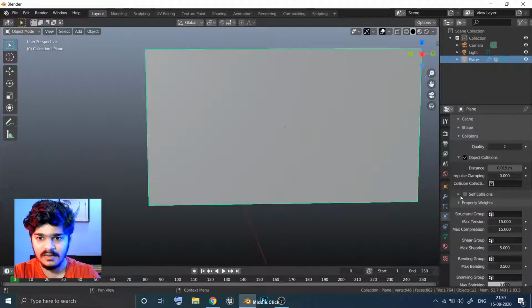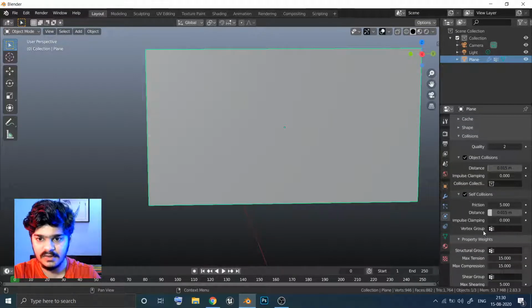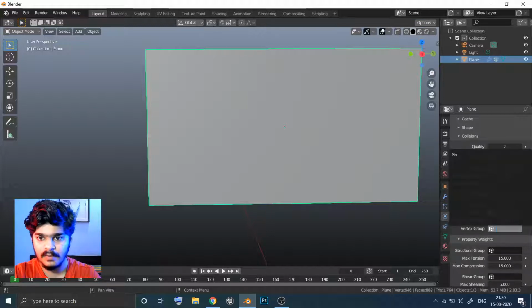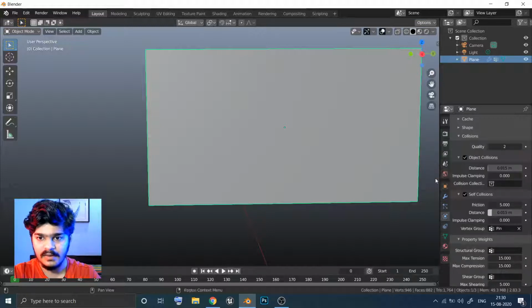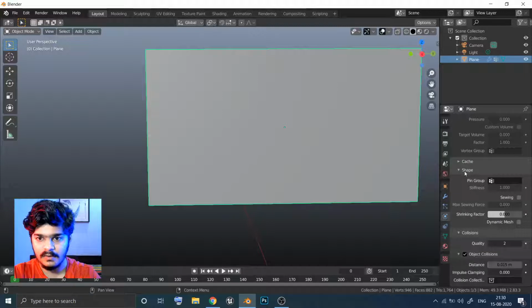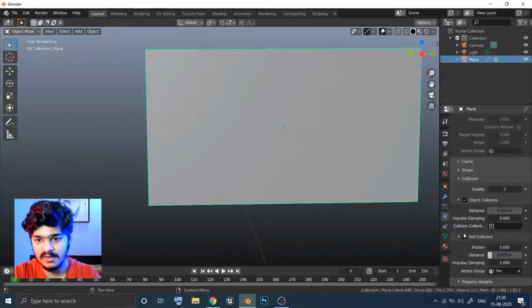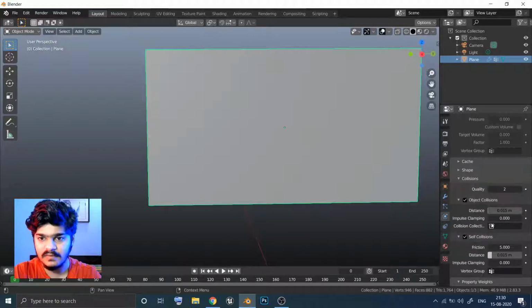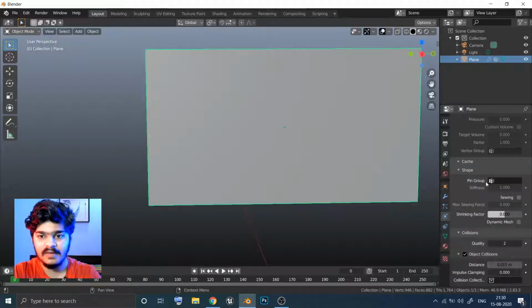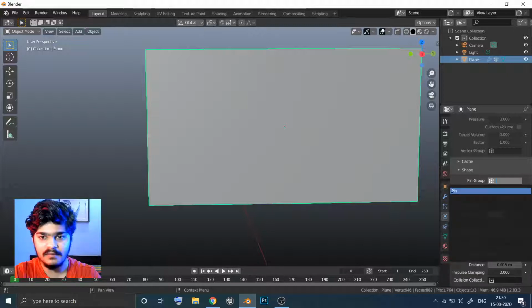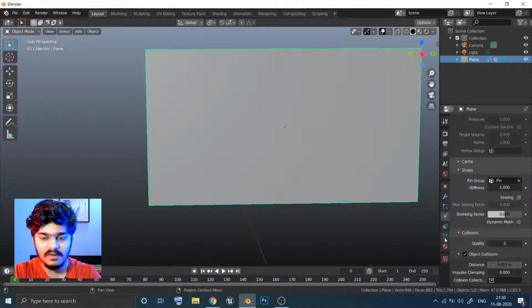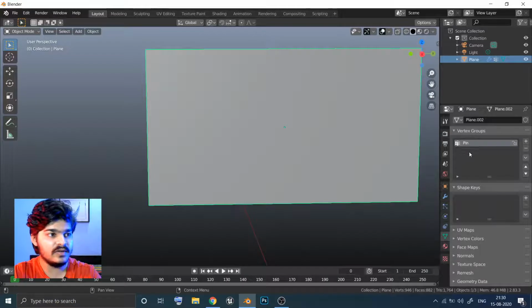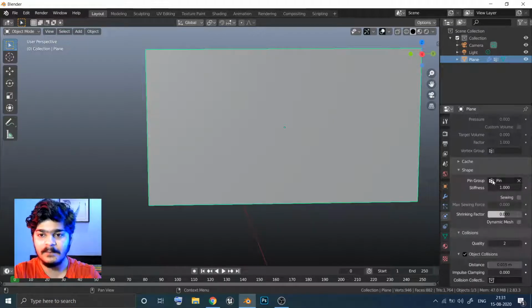I think it was in self collision, vertex group, pin, in shape. Yeah, sorry, in shape it was there. We of course want self collision, but we don't want vertex group. Inside of shape we have pin group, and there we want the pin vertex group that we have defined here as the pin group.